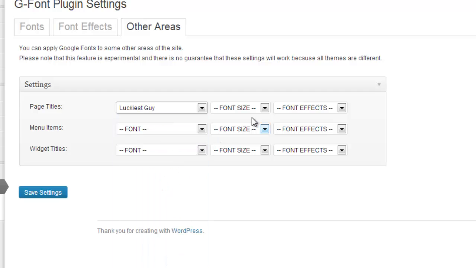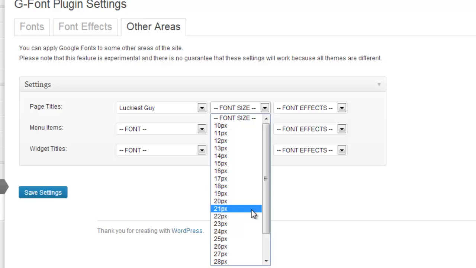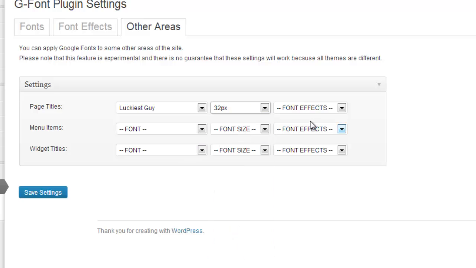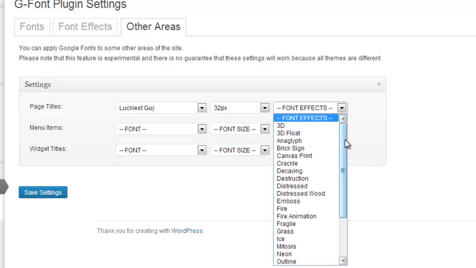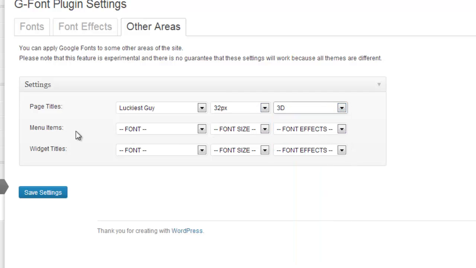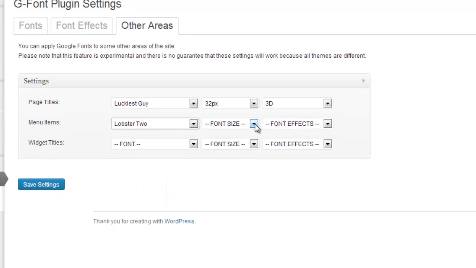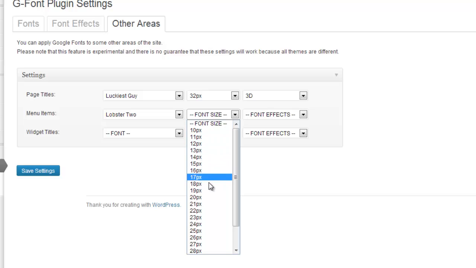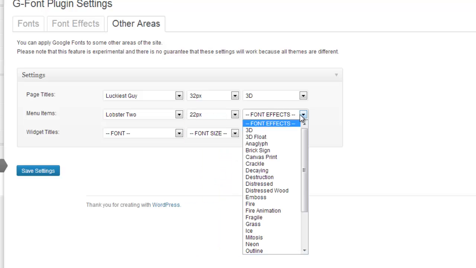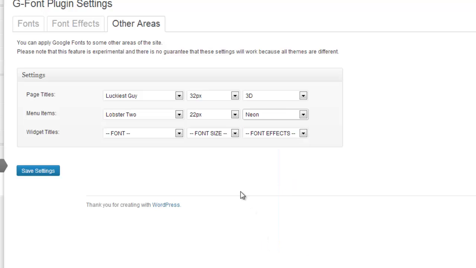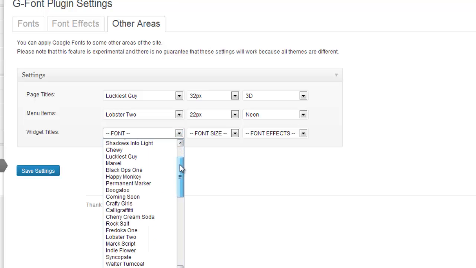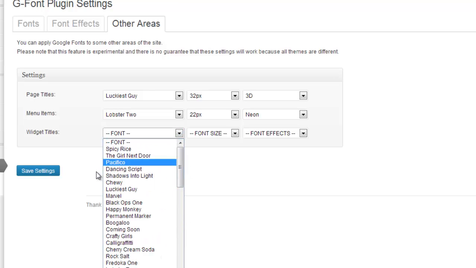We're gonna go here with Luckiest Guy. Because these are the page titles, we're gonna use a 32 pixel size, and we're gonna use 3D effects. For the menu, we're gonna use Lobster 2. We're gonna go with, let's say, 22 pixel size, and neon. And for the widget titles, you see the list is not so big here because here